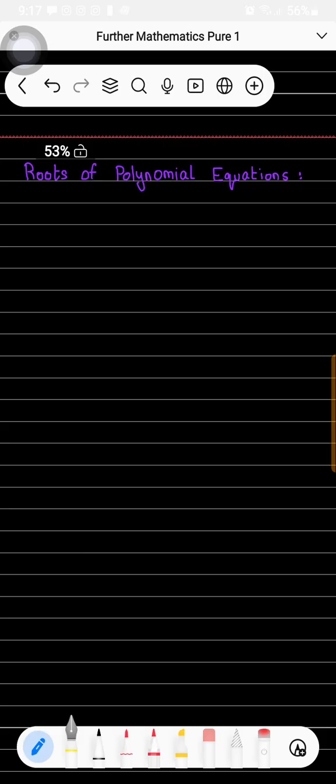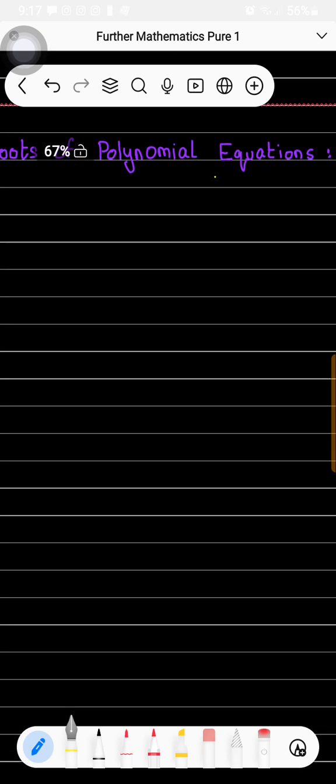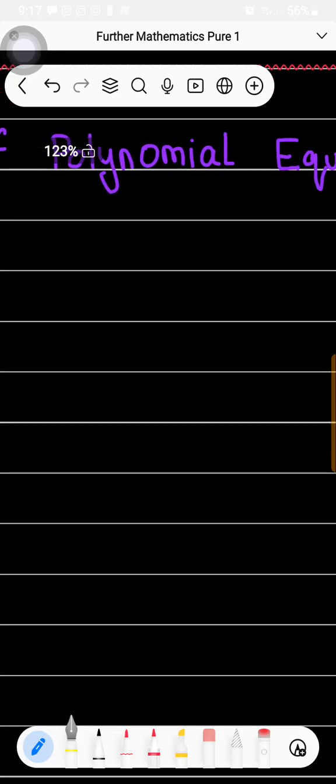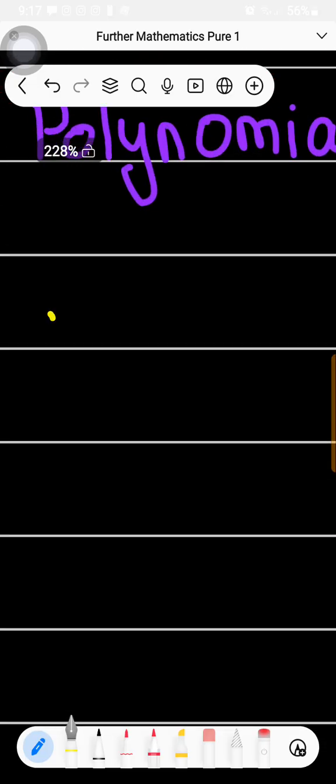First of all, we will do a discussion about the name of the chapter. The name of the chapter is Roots of Polynomial Equations. We will discuss the word roots later, but before that, we are going to discuss polynomial equations in detail. What are polynomial equations? The polynomial equations are